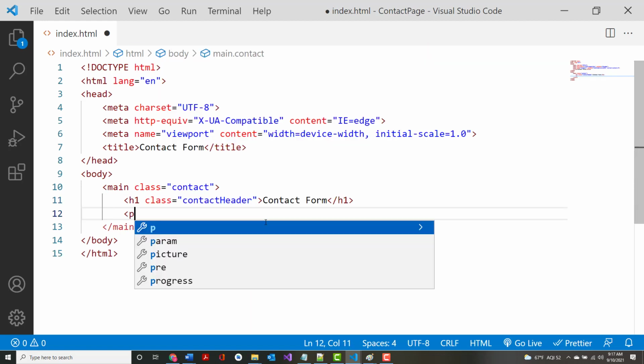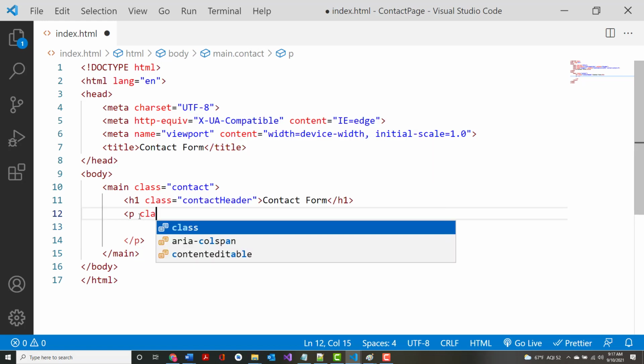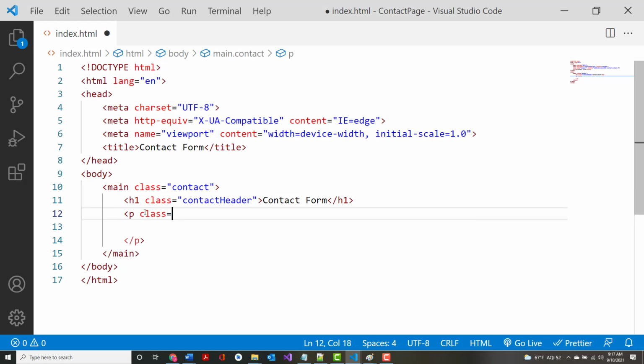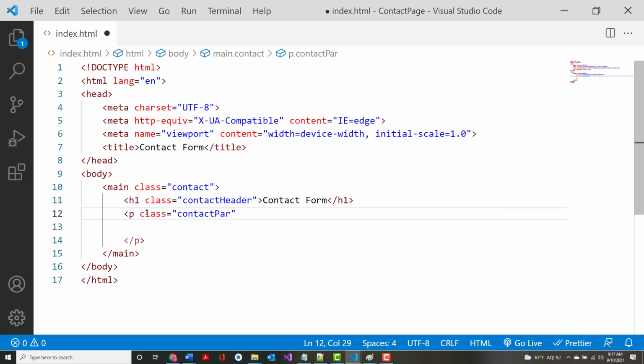Then underneath that, I put in a paragraph, and I gave that a class too, sorry. So class equal, and for whatever reason, I called it contact para. And I don't know about the rest of you, but I'm sure, we all live our lives in certain ways where people say, why'd you do that? You say, I don't know, because I do. All right. And